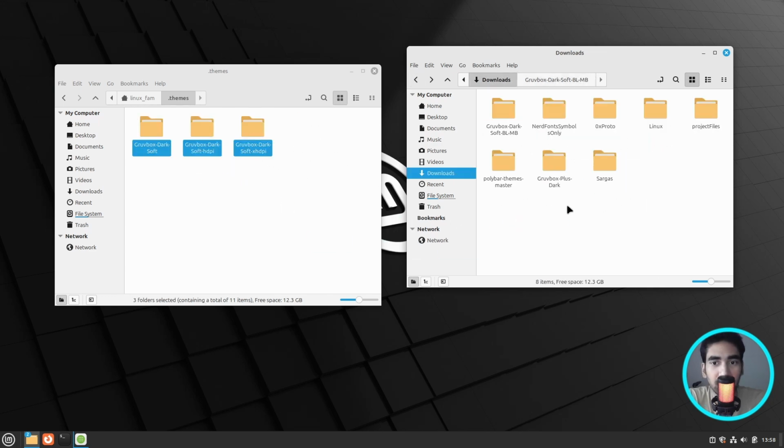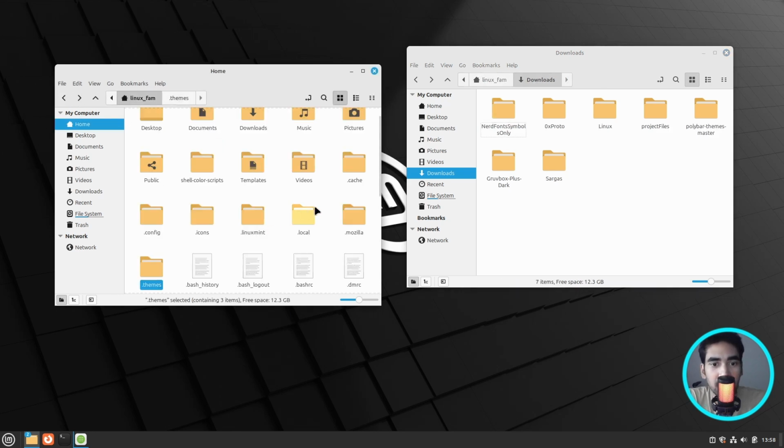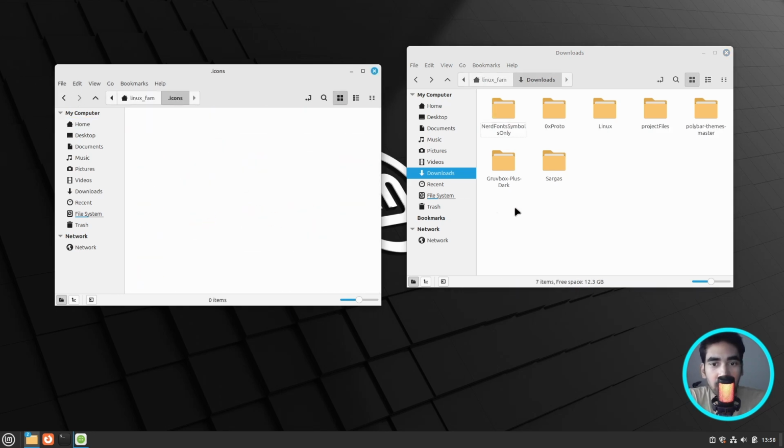Just drag and drop, and I can delete this one and go back here and then click on dot icons,